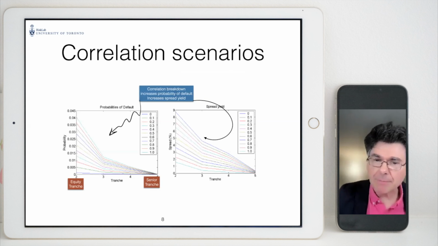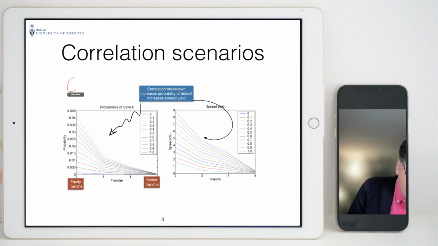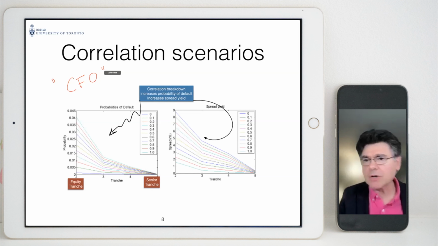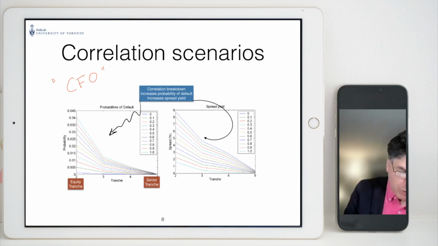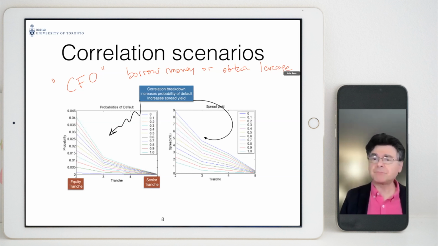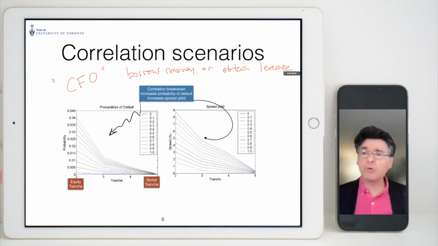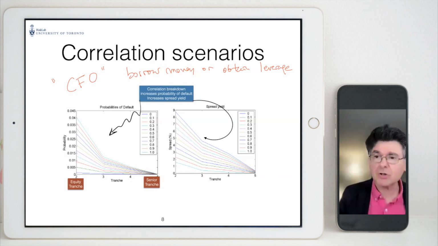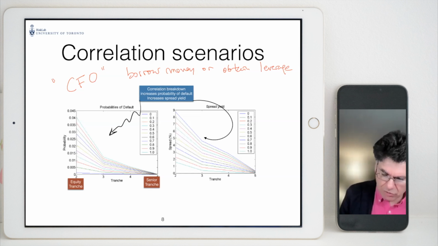This is another one that came up, and it was when we were studying collateralized fund obligations, CFOs, which I remind you, this was a method to borrow money or obtain leverage. And when we did that, I showed you one thing. It's actually a paper of mine. It's a result where I told you that if the correlation between my investments in the CFO increases, then certain things will happen. So this is also a scenario